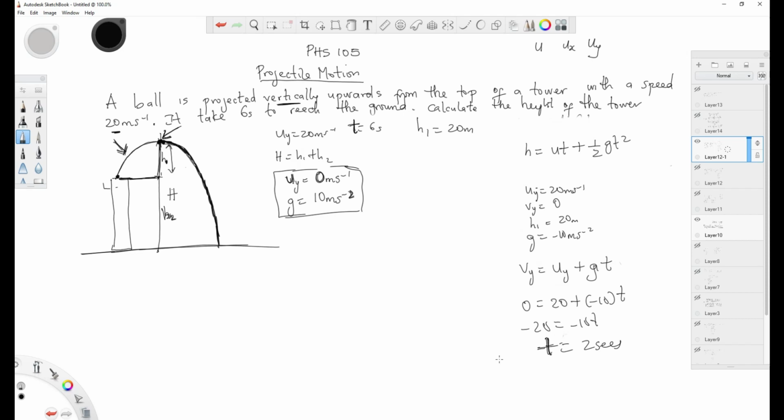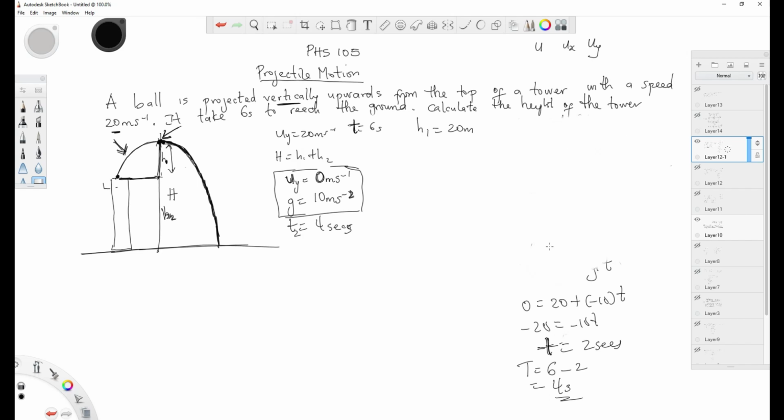Having known that, we can then say that since the total time is 6 seconds, we can subtract this first half, and we can therefore tell that the time for this second half of the equation is 4 seconds. So having known this, we can then find